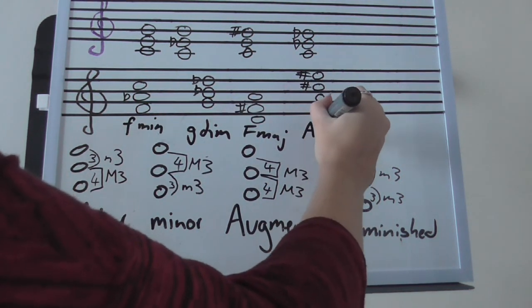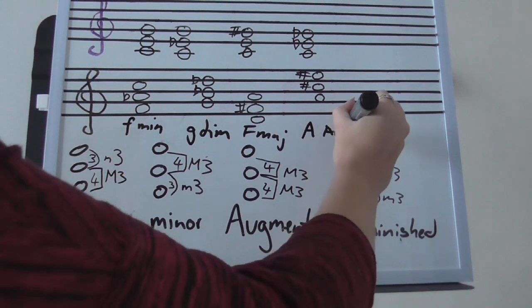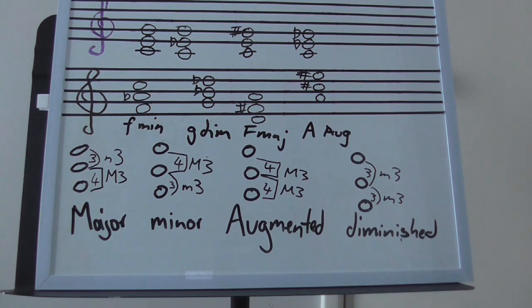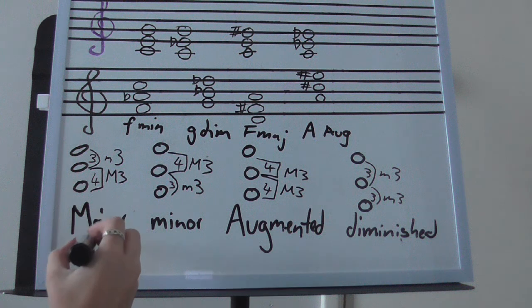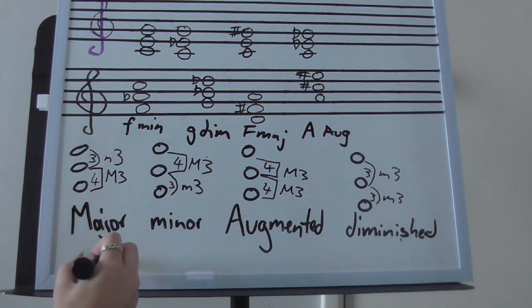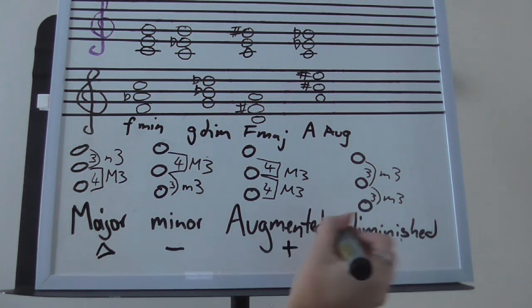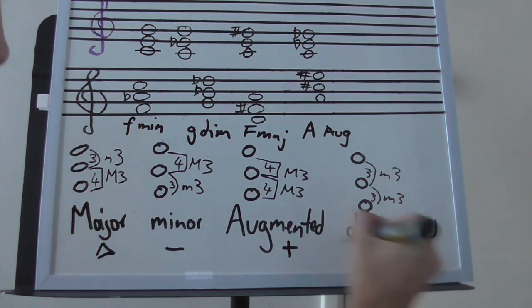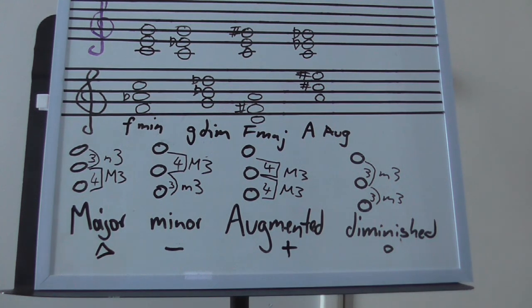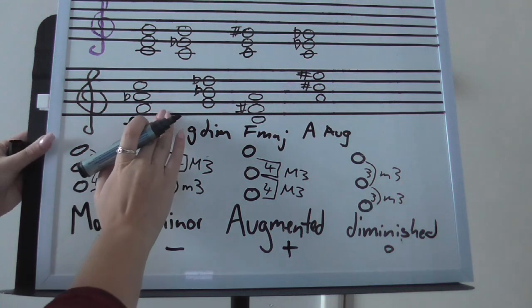So 4 and 4 is an augmented triad. So we have A aug. Now all of these triads also have symbols that we can write them as. A major is a triangle, minor is a negative, augmented is a plus, and diminished is a little circle like that. So if I go back and rewrite all of my triads, I could write them